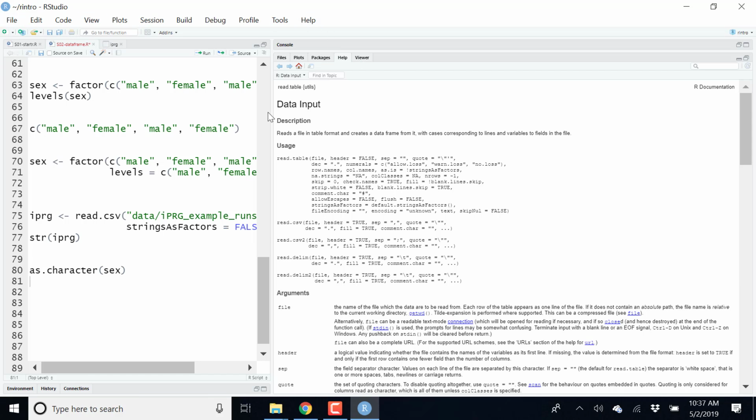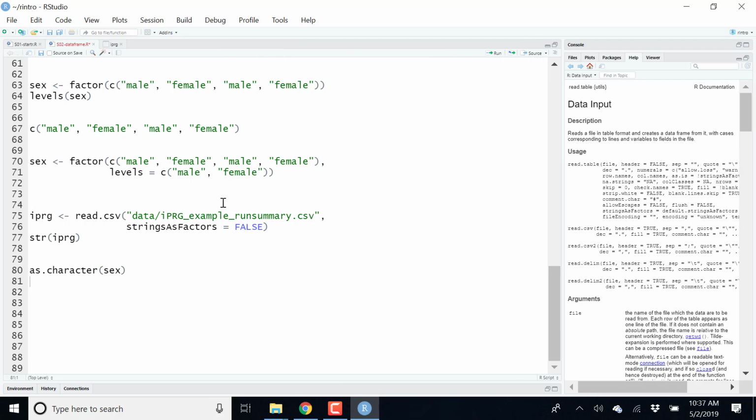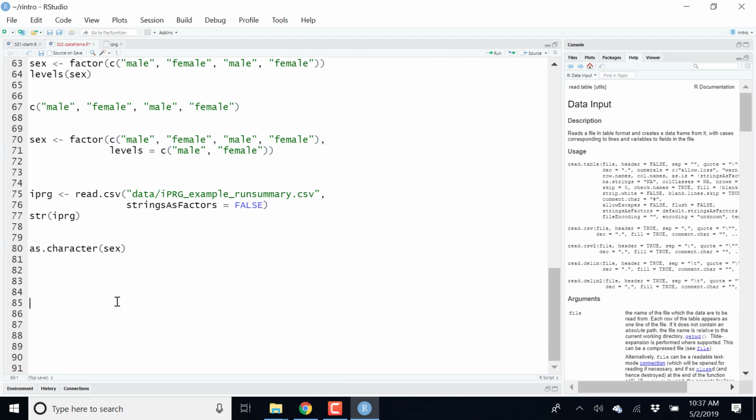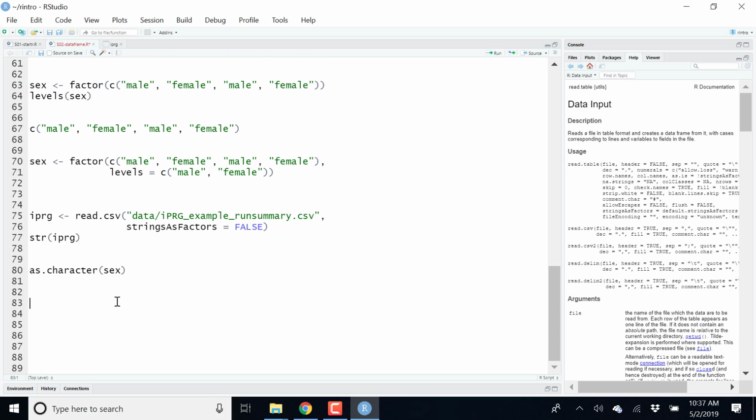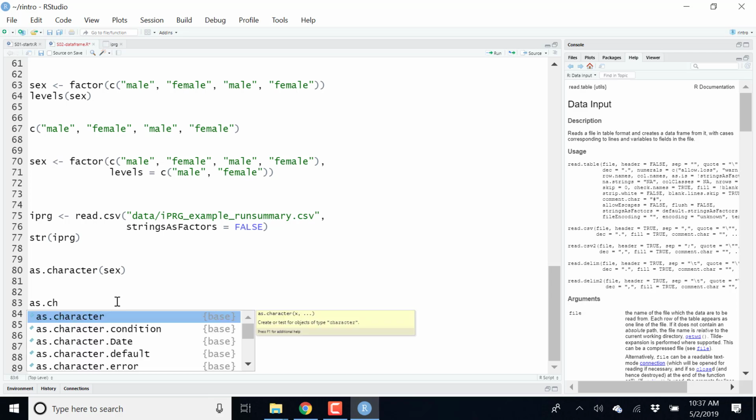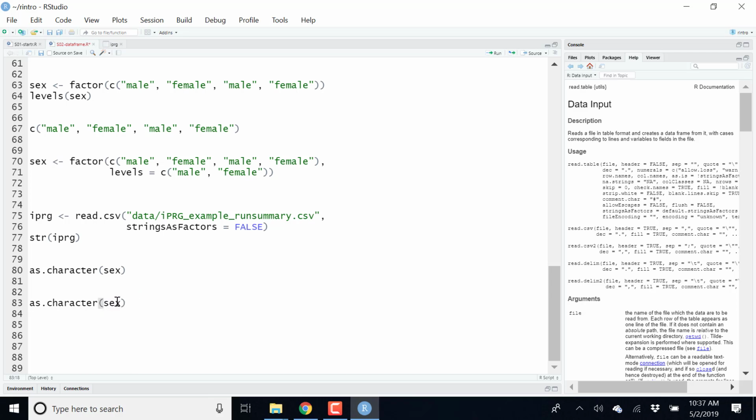So before I ask you to do another exercise, I need to show you a function that we haven't seen yet, and that function is unique. So for example, let me use as.character, and